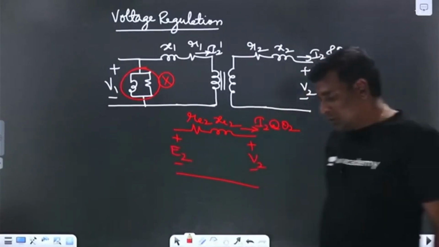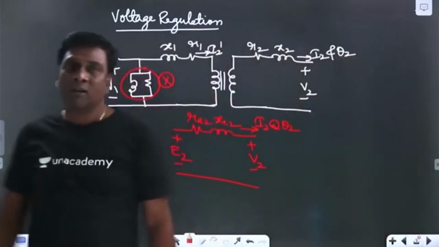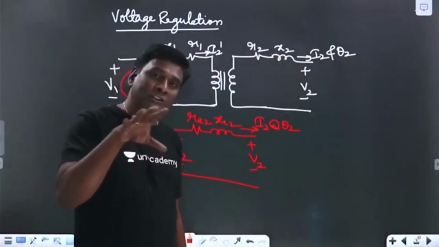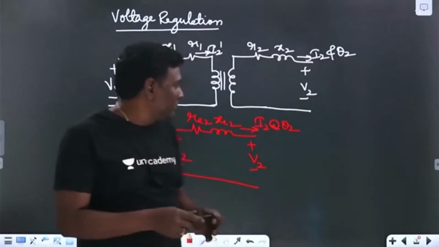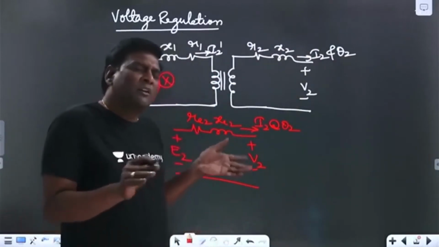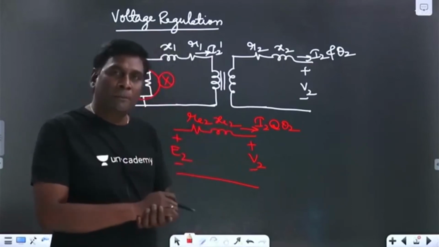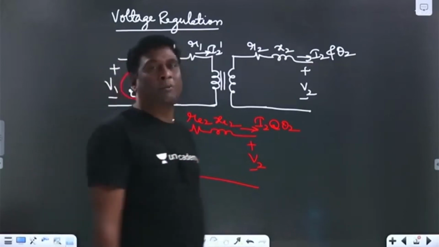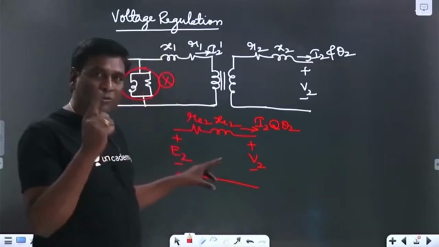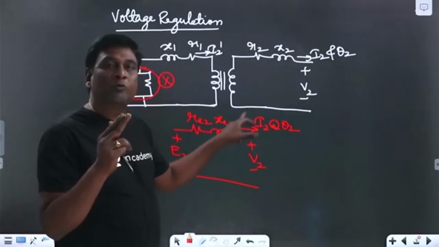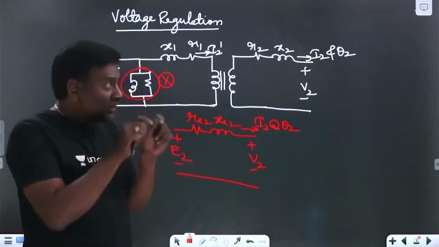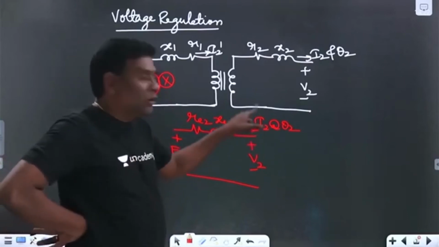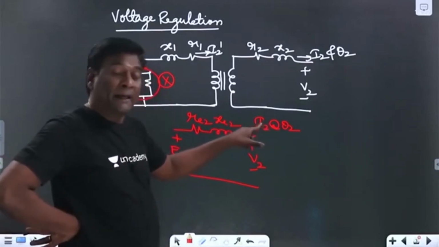And one thing you have to keep in mind, that once alternator is connected with infinite bus, or in power transformer case also, the power transformer is almost always operated at full load. Alternator, once it is connected to infinite bus, will always be operating at full load only. So for power transformer and alternator, it will be full load, because in the problem, we have to check this while solving the problem.